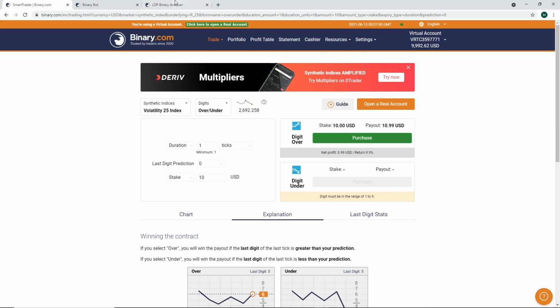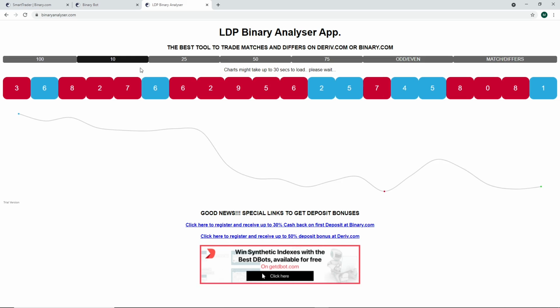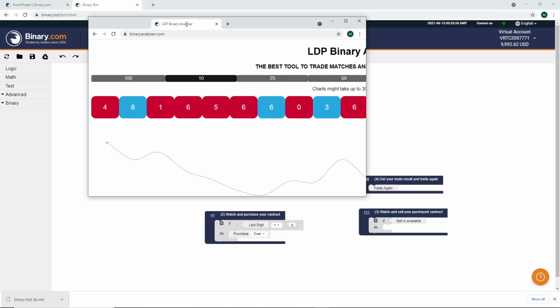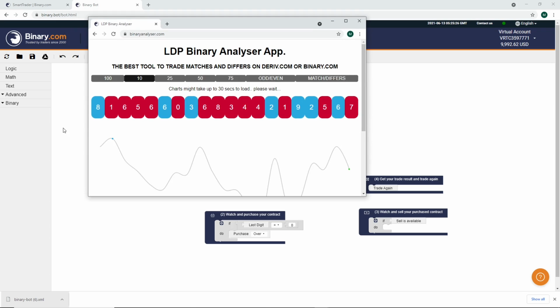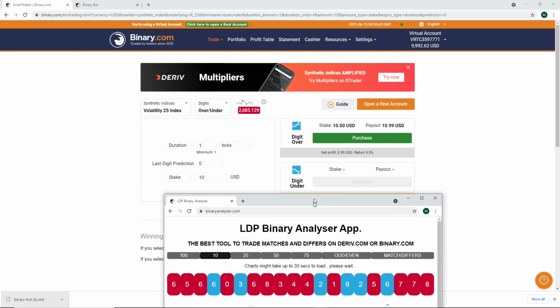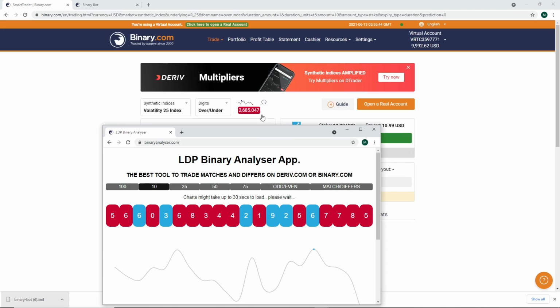To make things easy, we want to move to the LDP analyzer. Here I will show why I am choosing it. For that I minimize this tab and move to binary.com. Here you will see the last digit, 7.